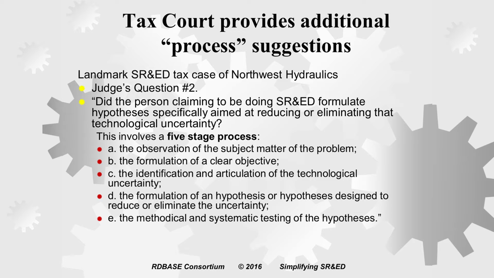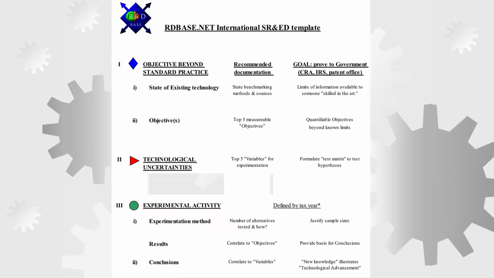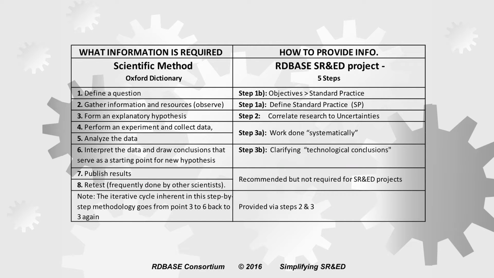Okay. Again, I won't go through the 5-stage process. I think we've already talked about that, but it's very similar, and we'll illustrate on some tables here, to the grid that we're using. And lastly, when you go to court, this is more of a study I did for myself, that there's a lot of reference to the scientific method. And I love these references because ultimately that's what we're documenting here.